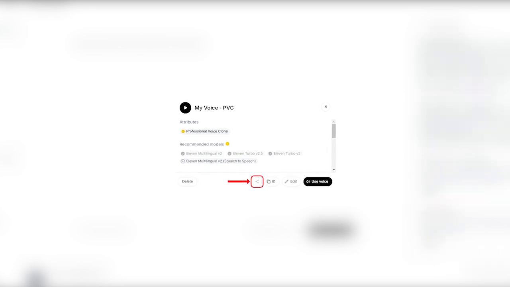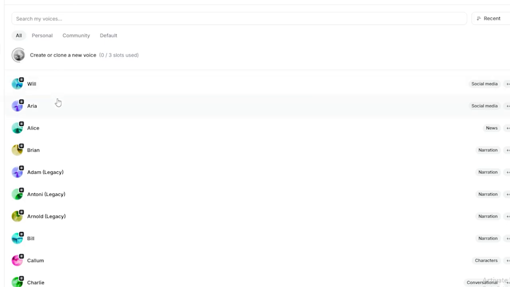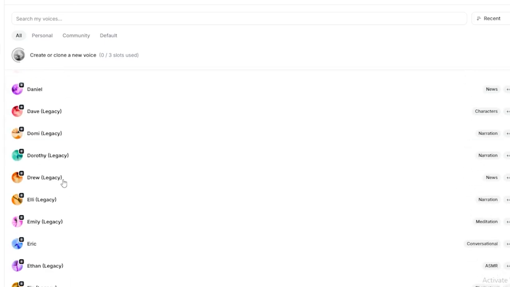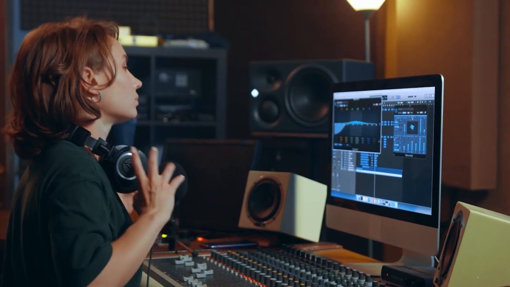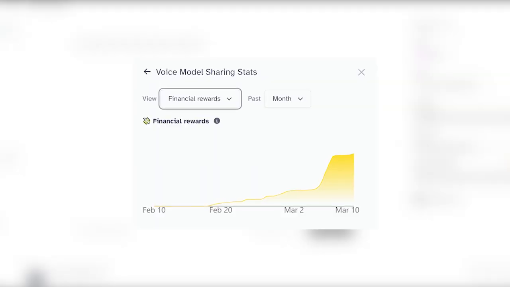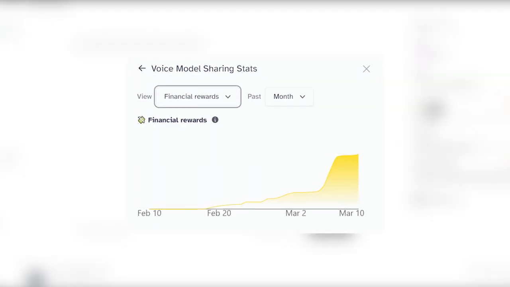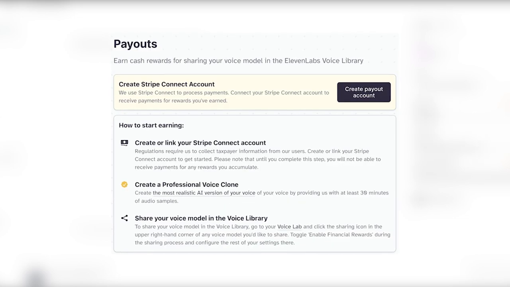When you do this, ElevenLabs will review your voice to make sure everything meets their standards. Once it's approved, your voice will officially be available in their library. Now, every time someone uses your voice, you'll earn money. To get paid in cash, select the financial rewards option during setup and make sure to connect a Stripe account